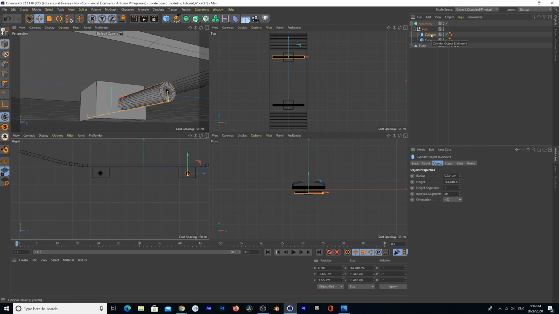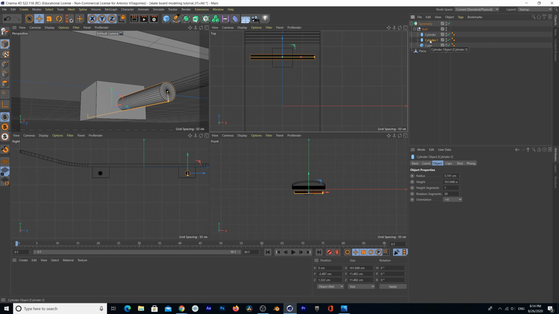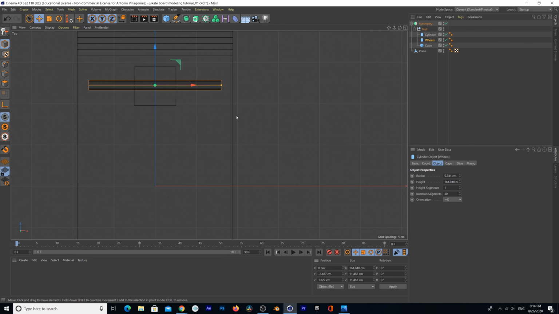So we're going to duplicate the cylinder by pressing the Control key and dragging it down, and that duplicates the object that you selected. So now we have 2 cylinders, and we're going to rename this cylinder wheels, so we know which one is which. And now we're going to resize it